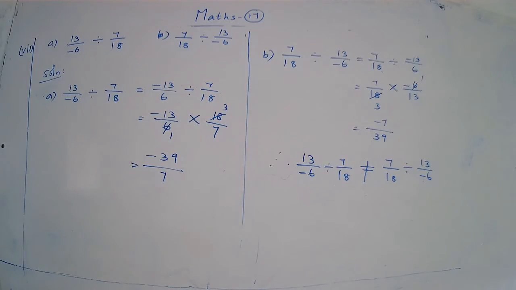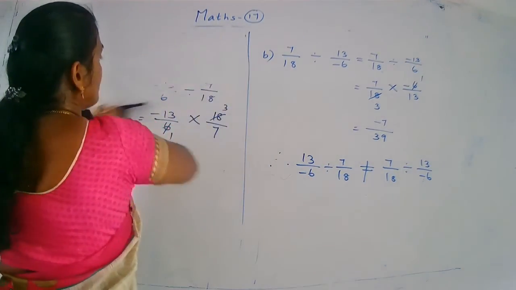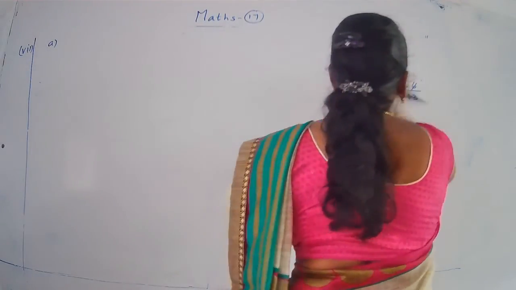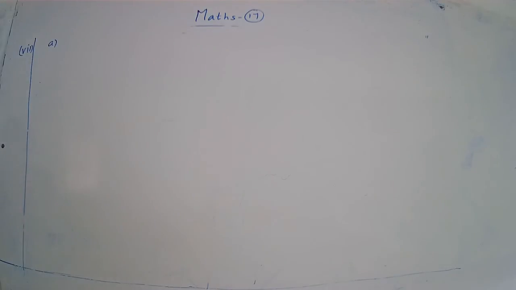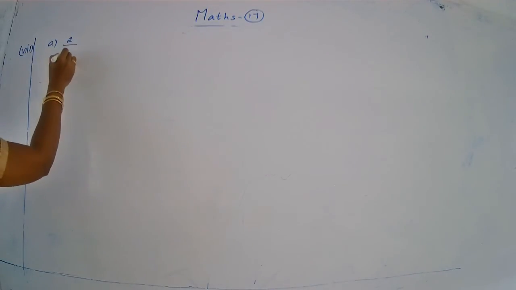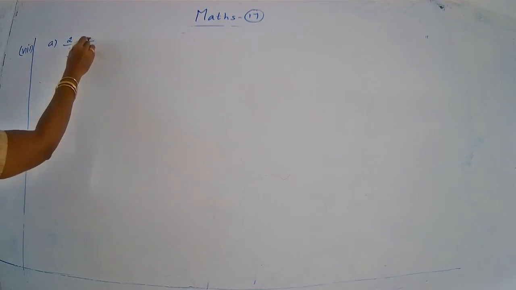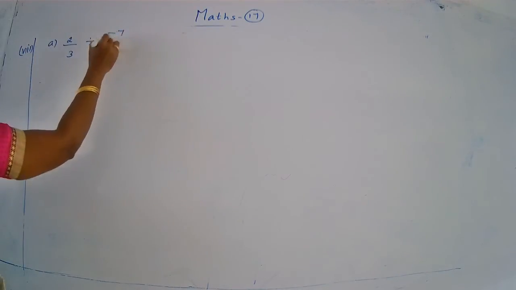Okay, children. Now you find the value of B part, where B part is minus 7 upon 9 divided by 2 upon 3. Okay. Minus 7 upon 9. In division sign into multiplication sign. So you put the reciprocal of 2 upon 3. Okay. So 2 upon 3 reciprocal is 3 upon 2. Okay, children. In a reciprocal, the numerator becomes the denominator and the denominator becomes the numerator. Okay. So the reciprocal of 2 upon 3 is 3 upon 2. Okay. Yes. Now here 3, here 9 is there. So you cancel it. Okay. 1 3 is 3. 3 3s are 9.